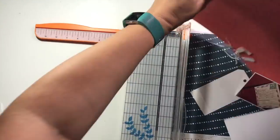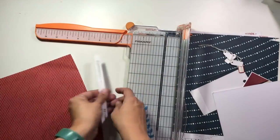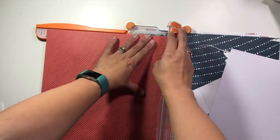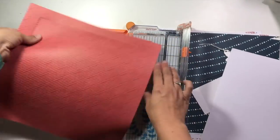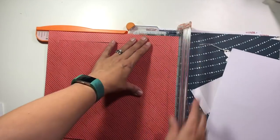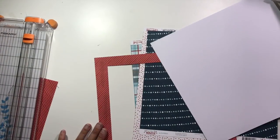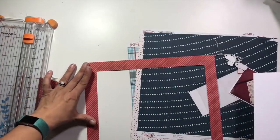And today the topic was tags. Tags are something that I use all the time. I love to include them on my pages. So I wanted to show you today a really easy way to add and use a tag as a title element. What I am doing is I took and gutted the middle of this paper,